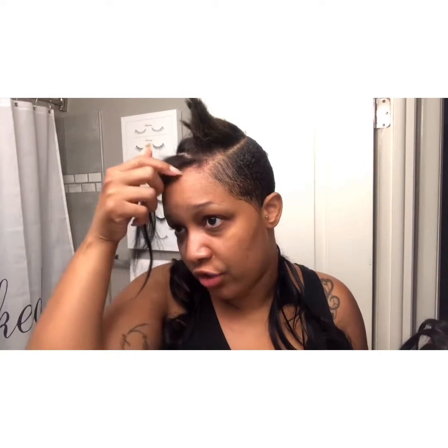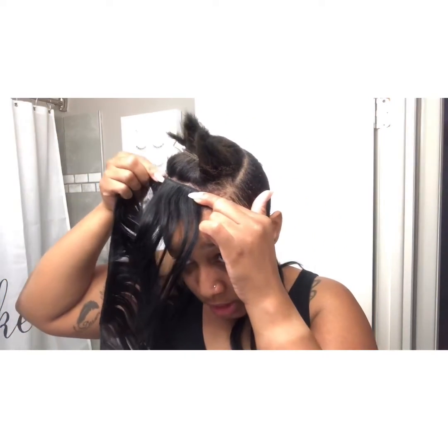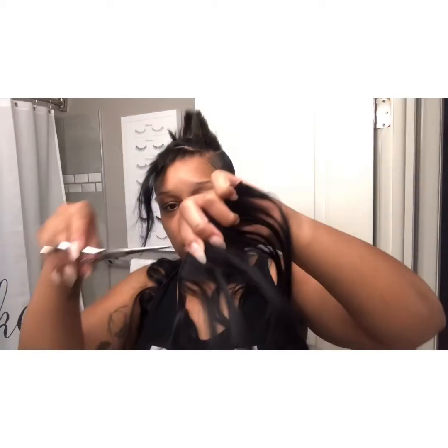So again, my part is right here. I'm going to leave all of this out, and I'm going to start my track about right here. I see this is still part of my hairline, my edges, so it's thinner, of course. You don't want to put it too much right there because this will not cover that track. This area is what's going to be covering this track, so that's why you want to put it about right here. I put it right here, and I'm going to end it about right here. So let's start about right here, put it across and stop about here where my thumb is. So snip that,